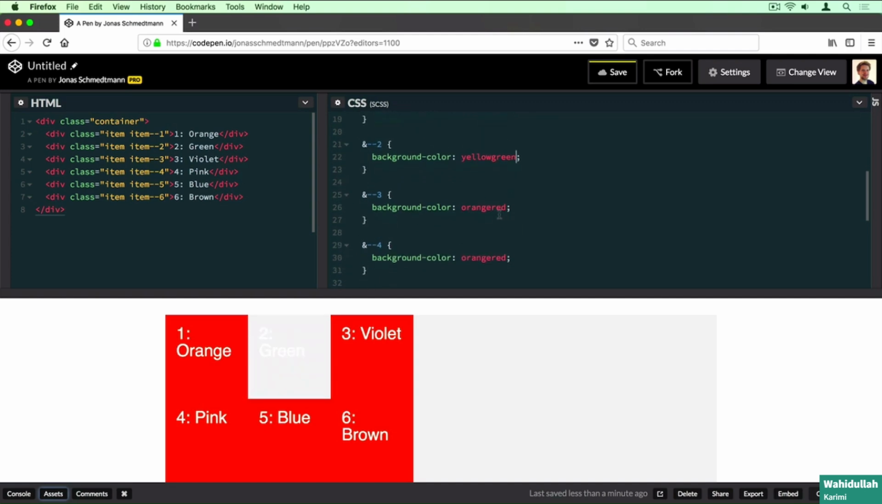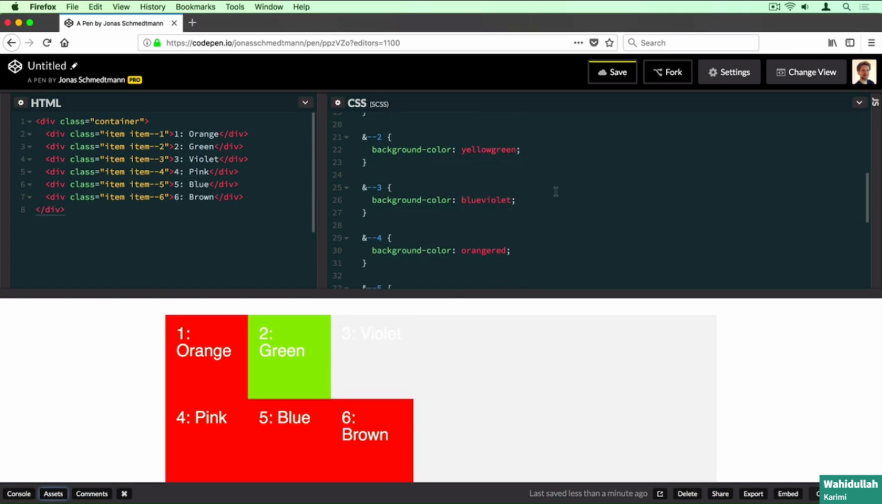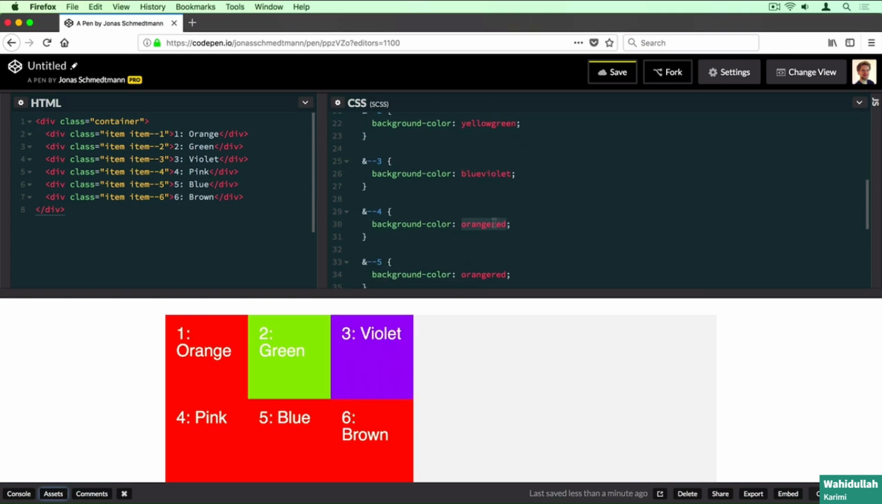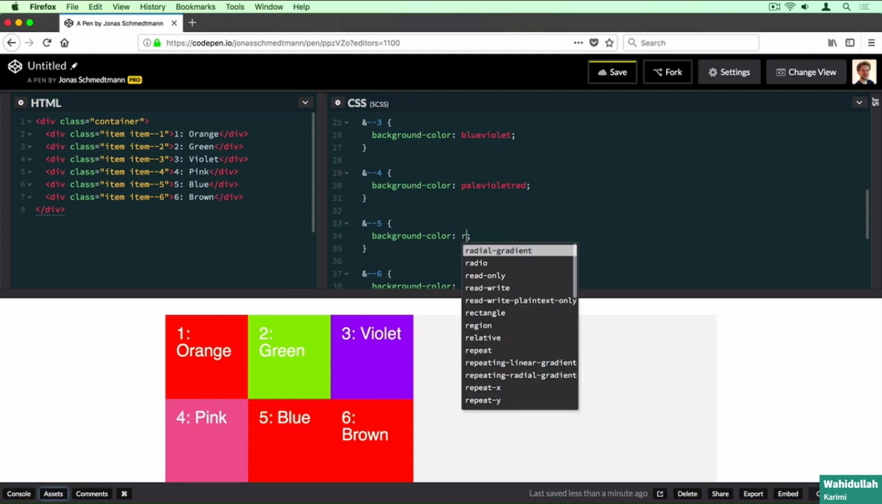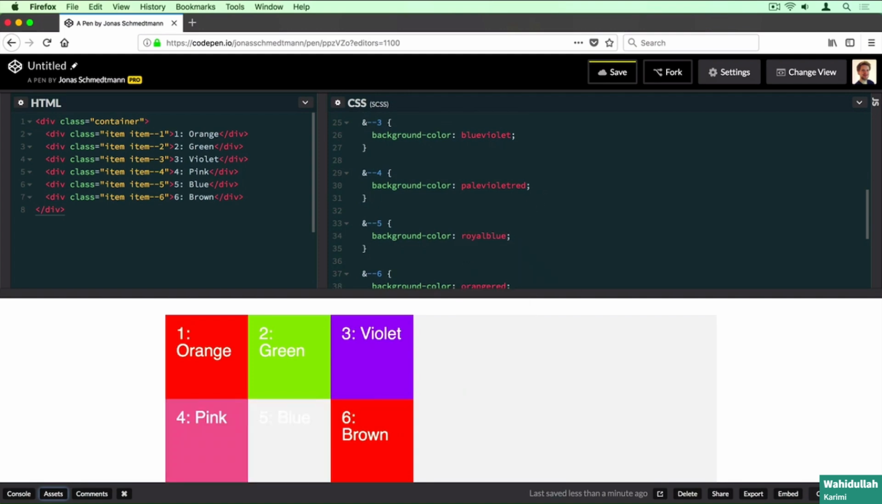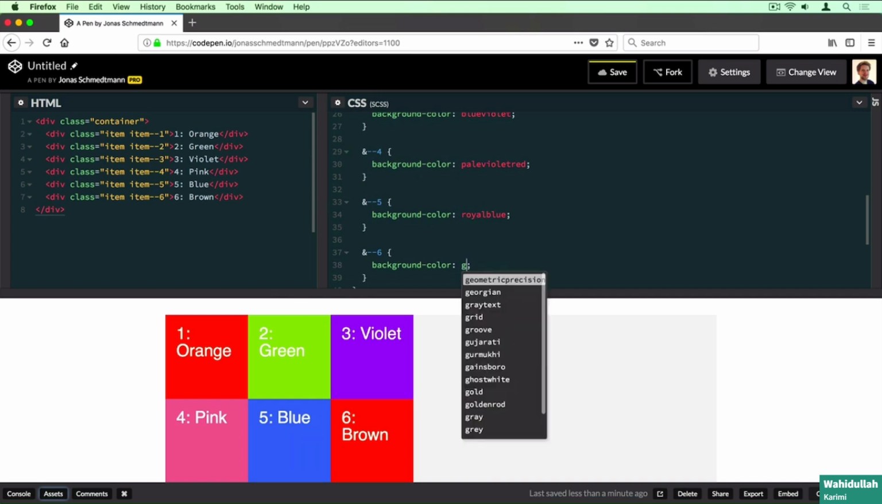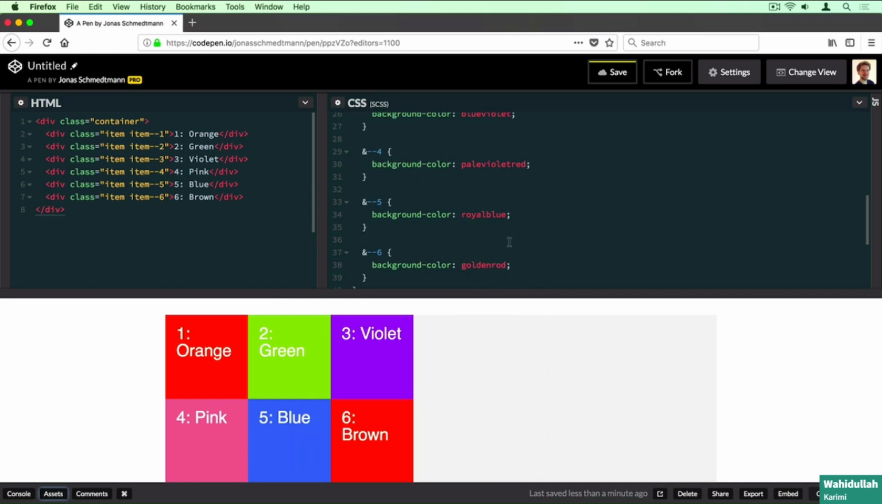This one will be yellow-green. Blue-violet. So these are just some built-in CSS colors, as you know already. This one is called pale violet red, so it is a kind of weird color. This one is royal blue, and then goldenrod or something. All right, so now we can see that our grid is really laid out in a 3:2 fashion here with